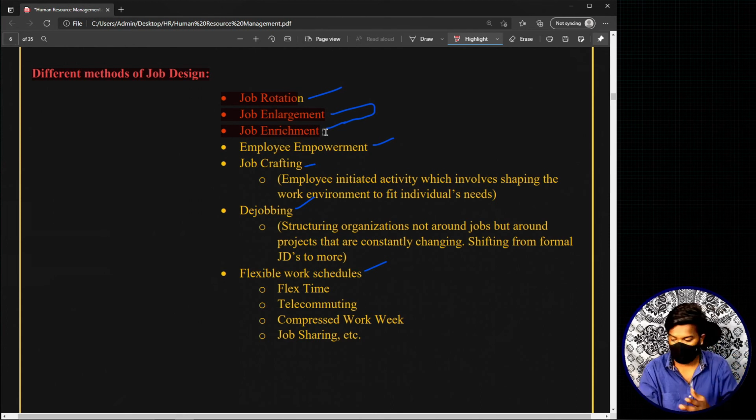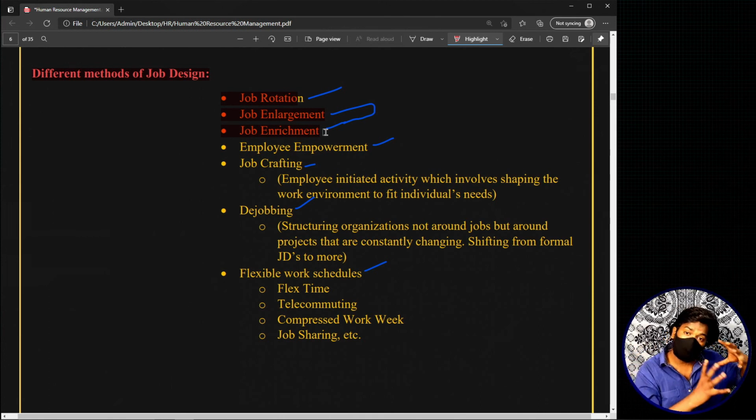For example, let's take the same example that we have discussed in job enlargement. There is a second scenario. A human resource manager used to deal with recruitment. Now the organization assigned him extra roles and responsibilities relating to the same thing. Initially it was recruitment. Now the organization called him and told him to take care of training and development also. That means the same relevant tasks, but extra workload relating to them. Okay, that is the scenario.